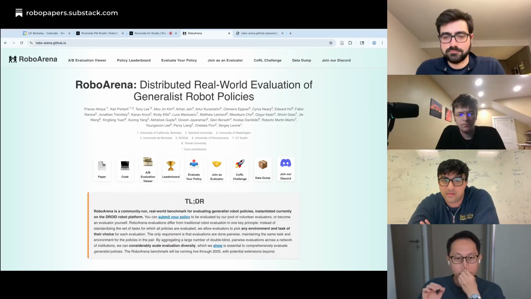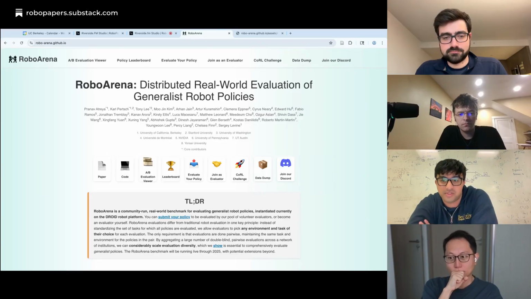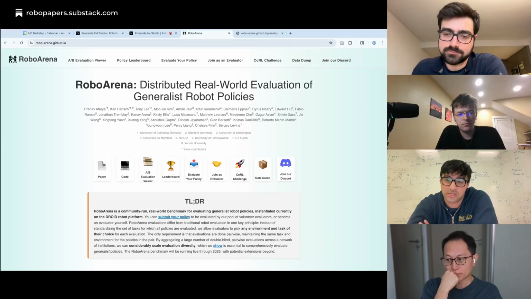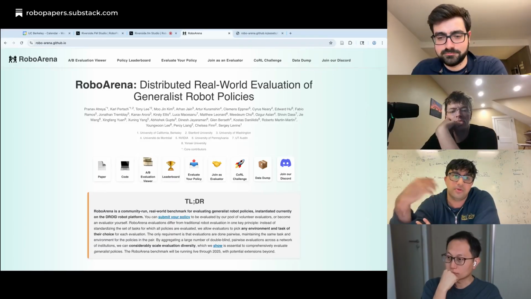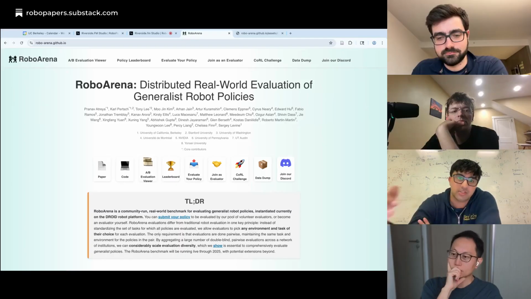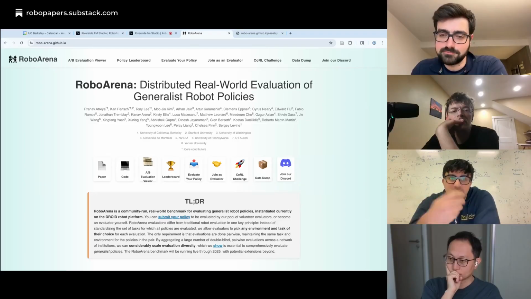important. And that to some degree makes a lot of sense, right? To really tell whether a robot policy is a good generalist, you kind of need to evaluate it on a lot of different scenes, on a lot of different tasks. But at the same time, existing evaluation approaches didn't readily scale to this type of evaluation criteria. Like most evaluation, the way that they go today is that authors often set up their own evaluation setups for their own tasks that they care about for each paper. And these evaluation setups don't typically last beyond the duration of one paper. And so, hence we worked on this project